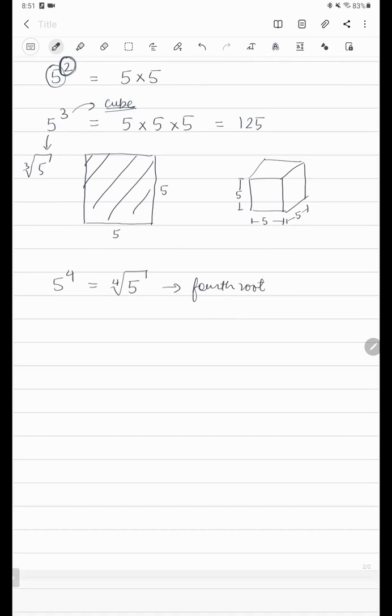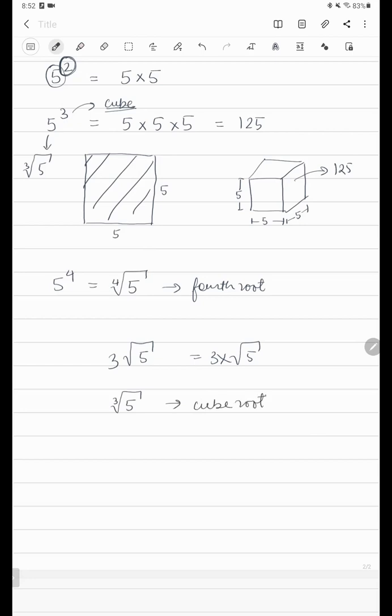Okay, fourth root. We were talking about why it is called a cube root. Because the volume of this cube is 5 to the power of 3, we can also call it the cube root of 5. It's not 3 root 5. See, there's a difference. If you have 3 multiplied by root 5, they both are multiplied. But if I write a very small 3 on top of this root, then this is the third root or cube root of 5.